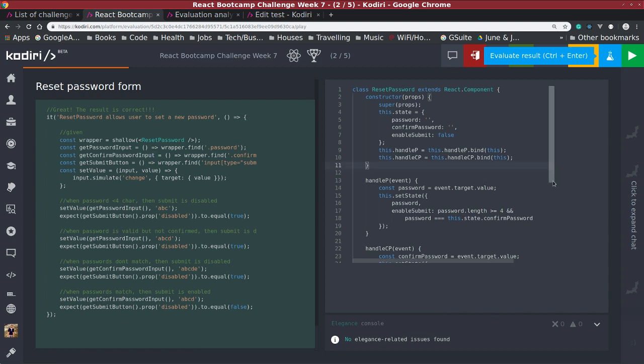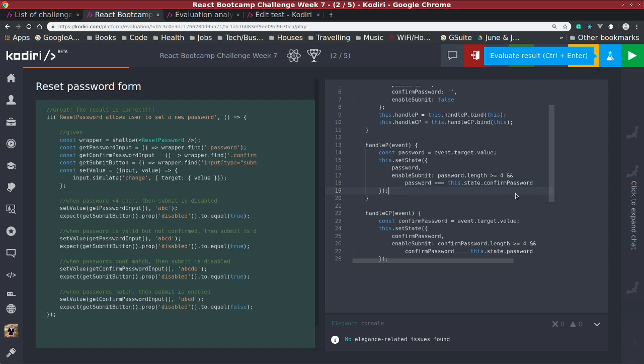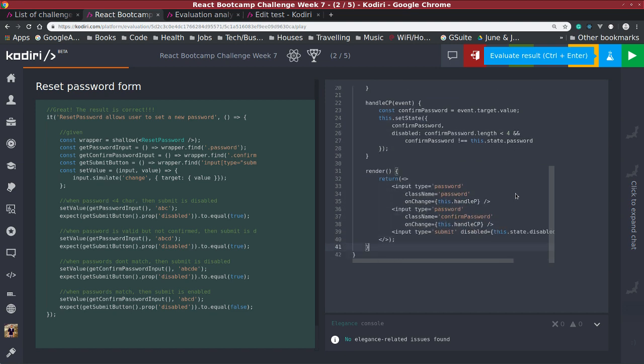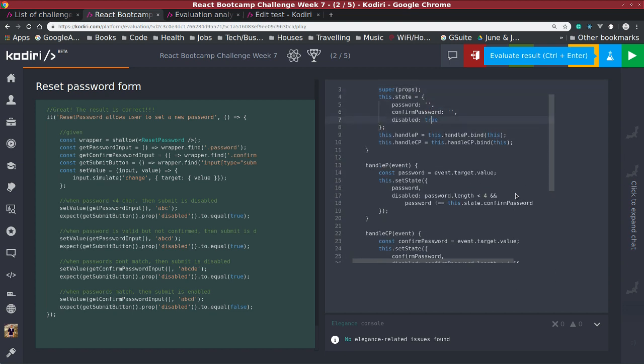Okay. Must be a good reason that we're missing at this stage. We could try to go back and see why the reverse logic didn't work. Yeah. Okay. As a good mind exercise, because we know what works, now let's try and figure out why it doesn't work. So we've set everything back to the disabled one. So disabled is true if the password's length is less than 4, or I think it was